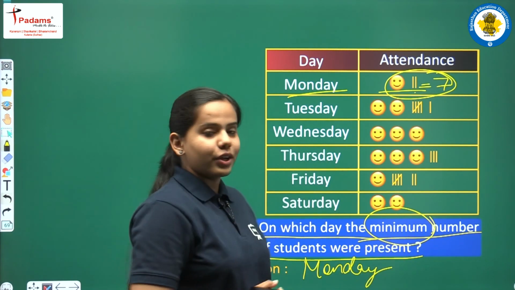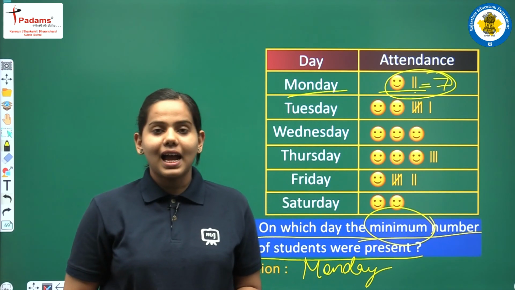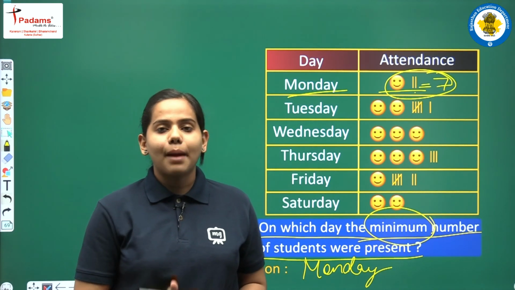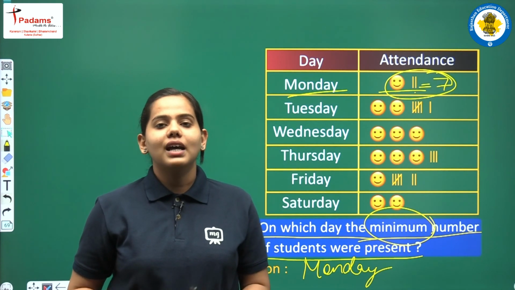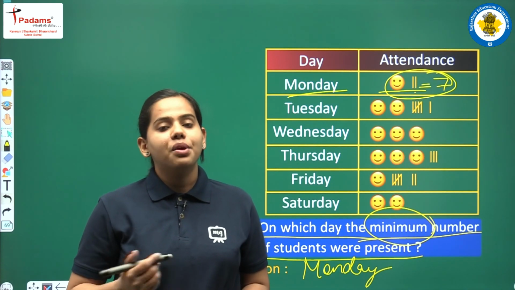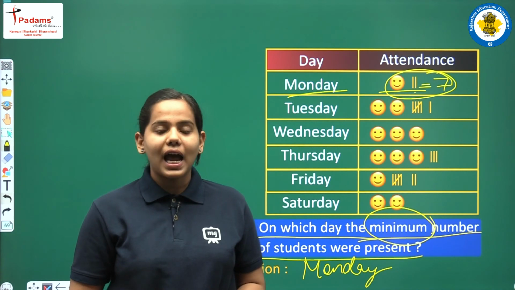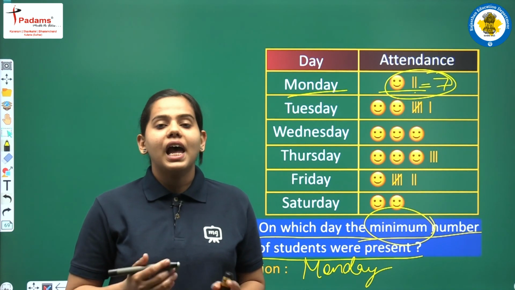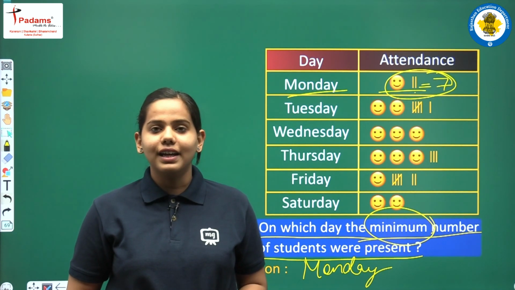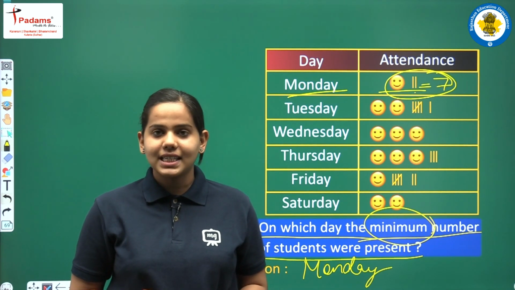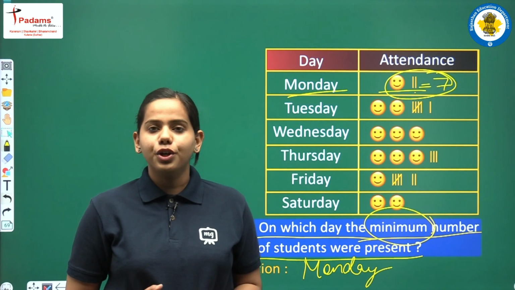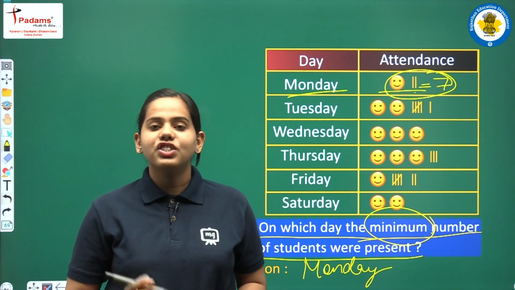Okay children, so here we have completed our exercise and we have completed our chapter also, chapter number 9, data, where we have seen how data is presented in various ways with the help of table, pictograph, symbols, pictures, and also bar graph we have studied here. You all practice in the same way, and we are going to meet in the next class where we will start our new chapter. We will start there chapter number 10.